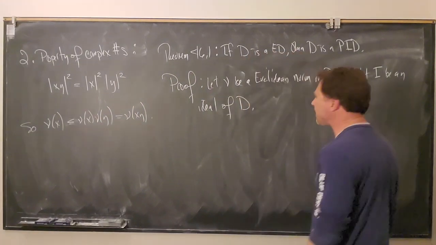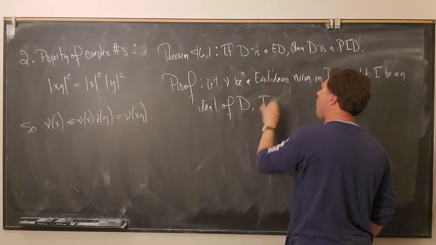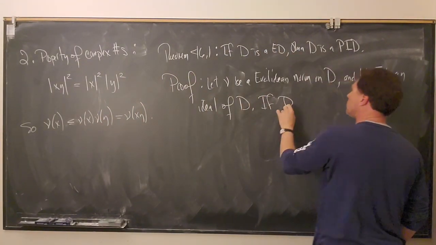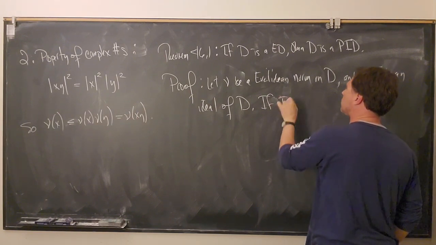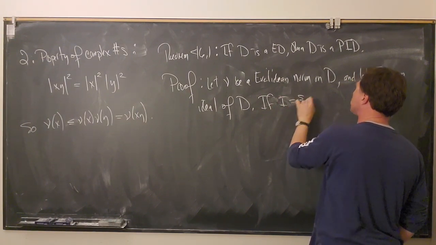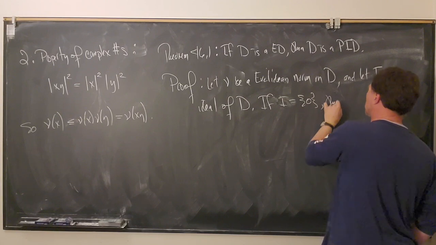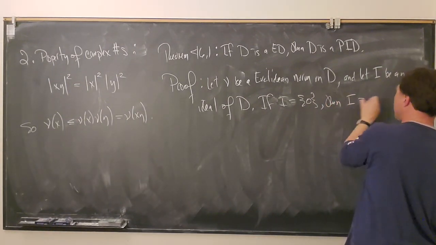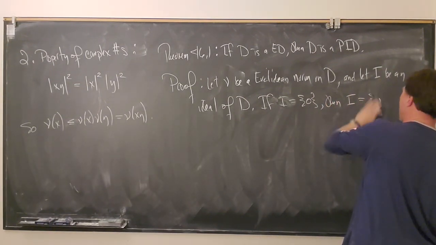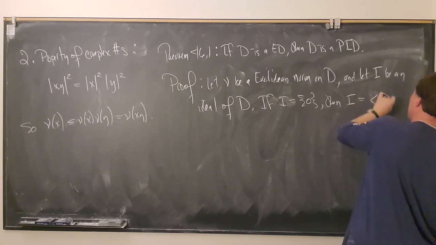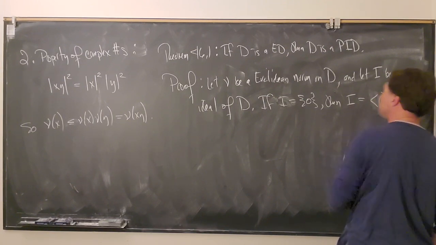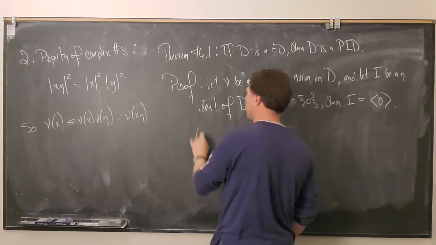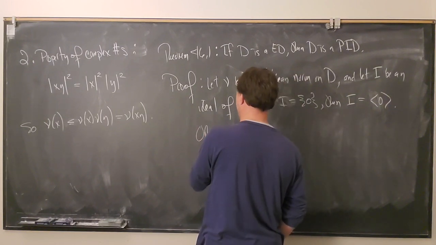If it's the trivial ideal, then of course it's principal. So if I equals 0, then I equals the ideal generated by 0, so it's of course principal. Otherwise,